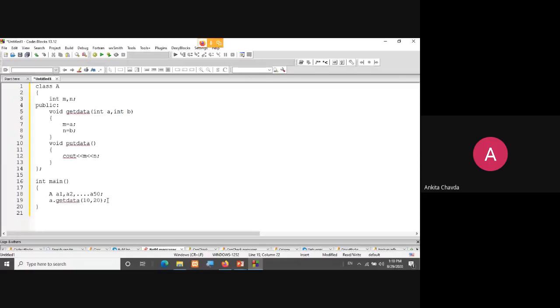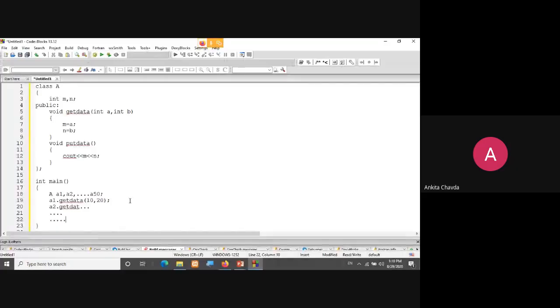So I'll write A1 dot get data, same way A2 dot get data, and something like this 50 times. So I'm explicitly calling my function just for initializing the value.